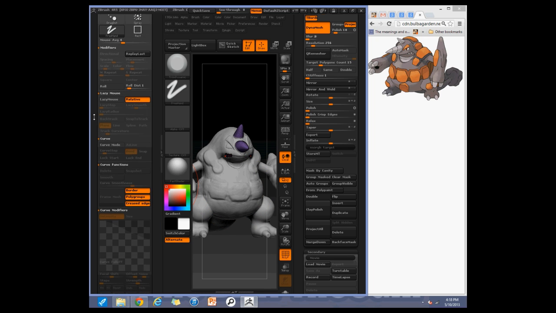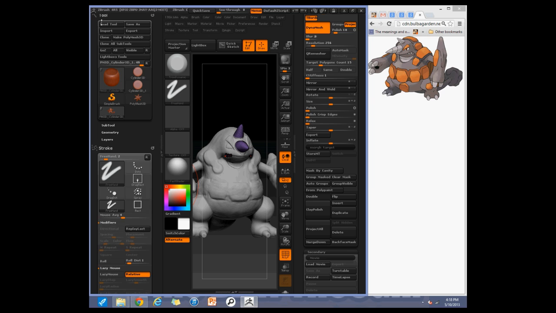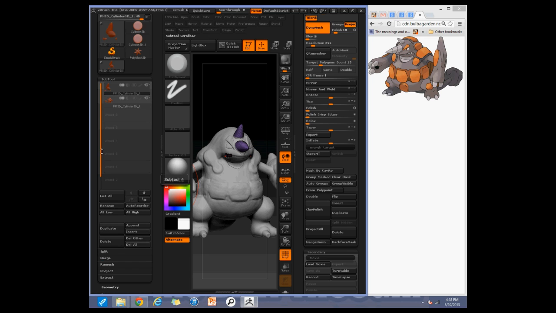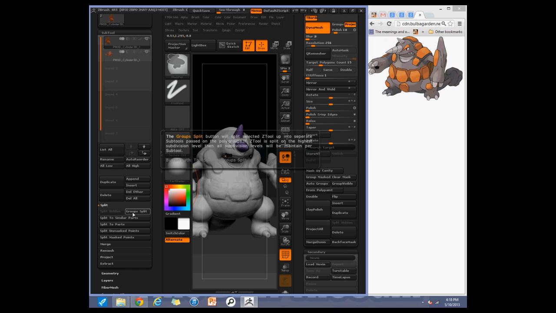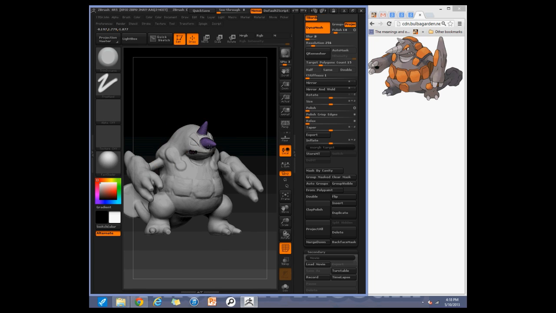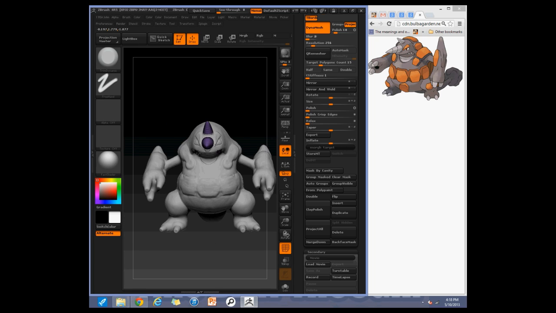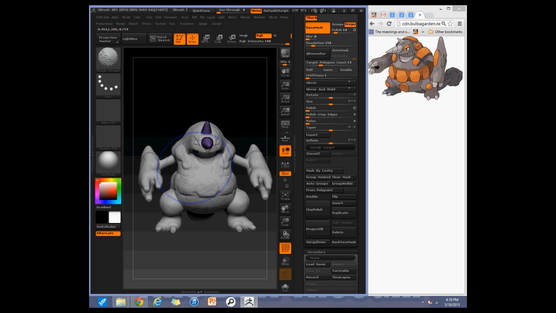Let me see if I can try and find it for you. Tools, and then you go to subtools, and then you go into split, and then you can do group split, split by similar, split in parts, split mask points, or you can do merge. I don't know if I'm going to merge it together yet, but I know it is split right now. And now that I took the groups off,